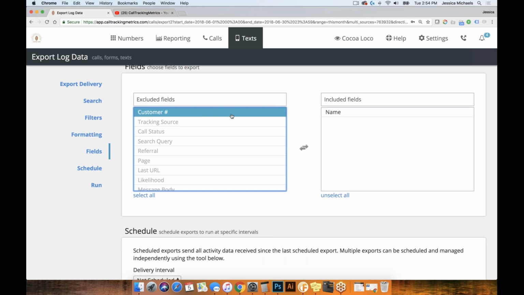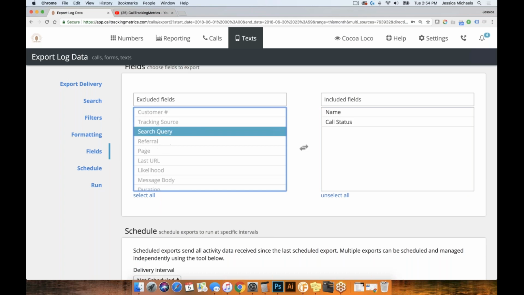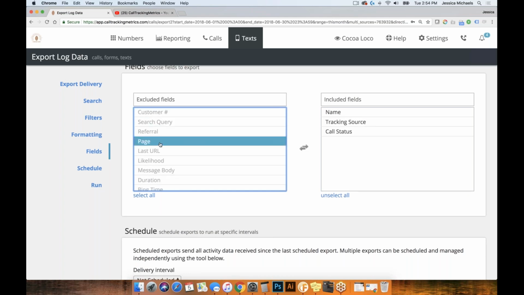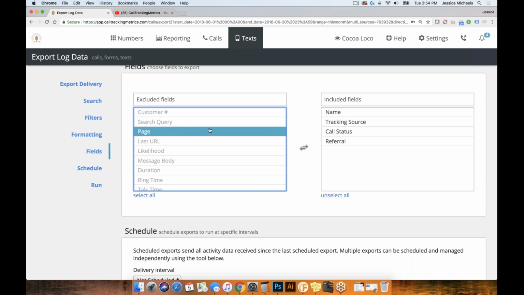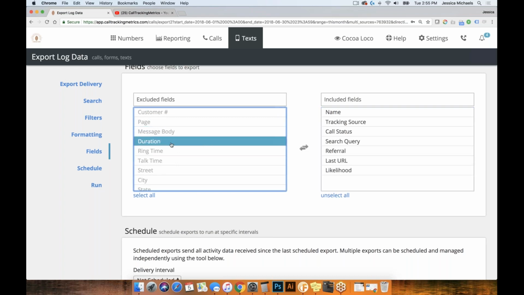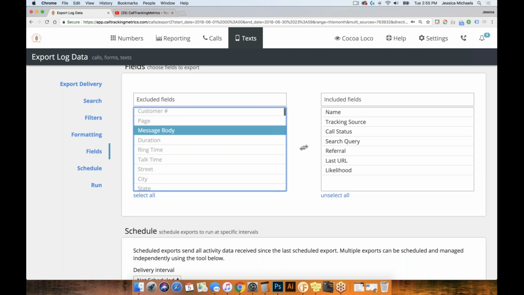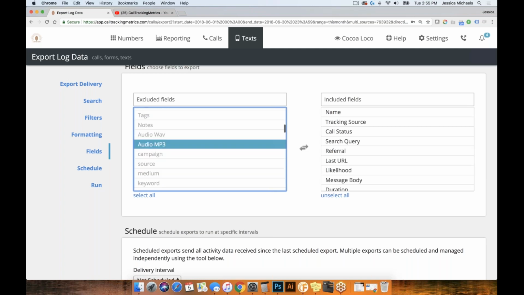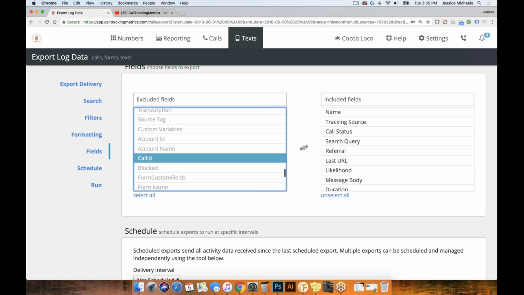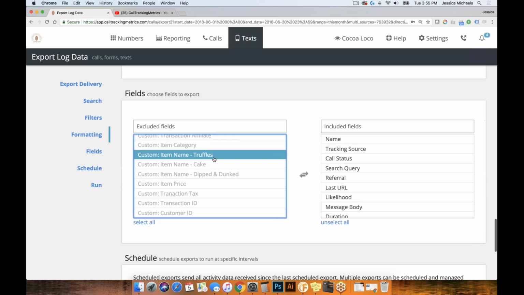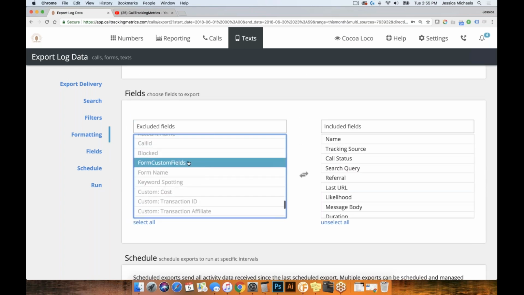So we have, maybe name, maybe the status, the tracking source, definitely. Lots of information about the search. So who referred them, what was the search query, what was the last recorded URL, what was the likelihood of the match that we made. If it was a text, what was in the body of it, duration, whole ton of these. So really, whatever is most relevant for your export,